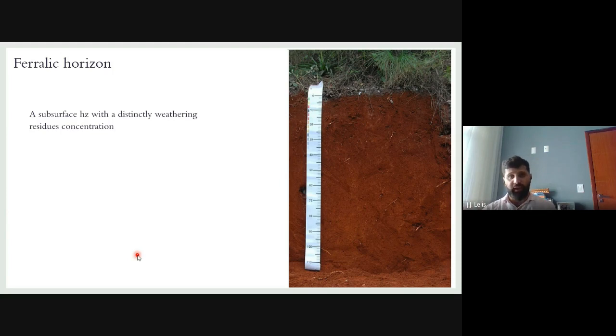So this Ferralic horizon generally has the sand fraction composed only of quartz, and the clay fraction composed of iron, manganese, and aluminum oxides, and kaolinite and halloysite. And it's just this. Okay, they tend to be very thick, and we usually find them between the tropics, because